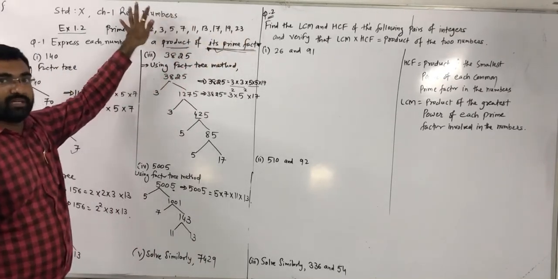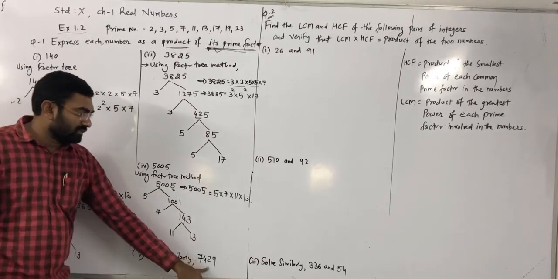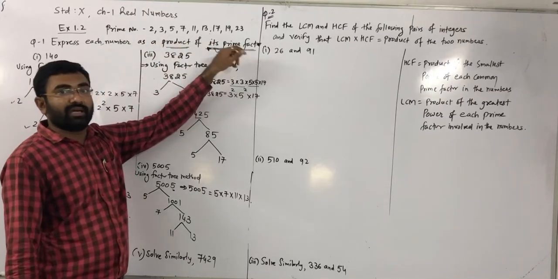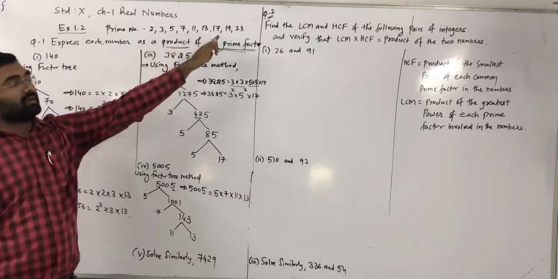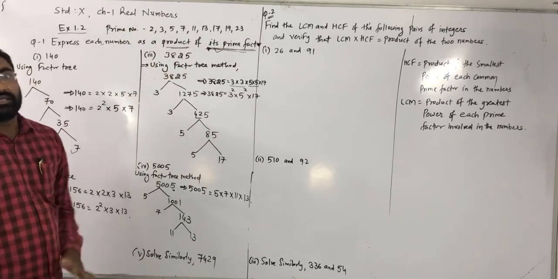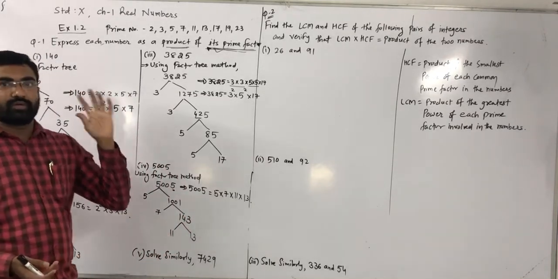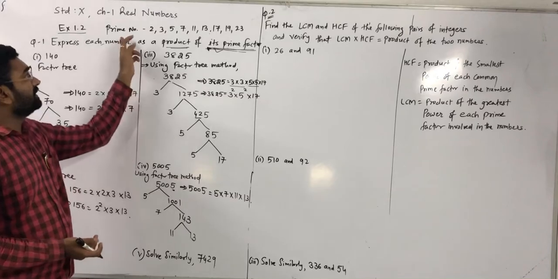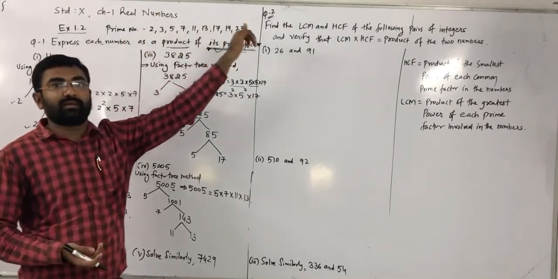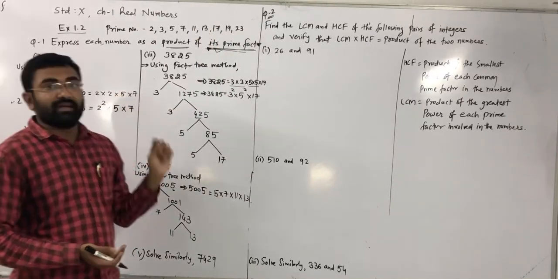One by one you have to check which prime number divides the given number, and you have to remember the prime numbers, because we have to write the prime factors. In 10th standard, most probably they may ask prime factors up to 25, so you have to remember the prime numbers between 1 to 25, which I have mentioned here. They are useful for writing the product of prime factors.